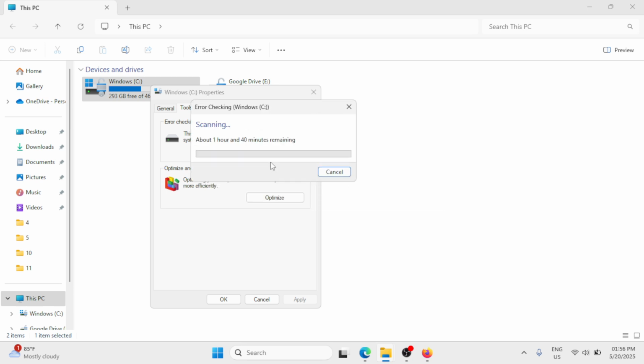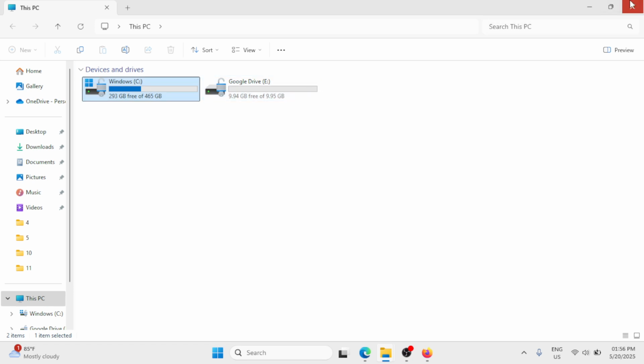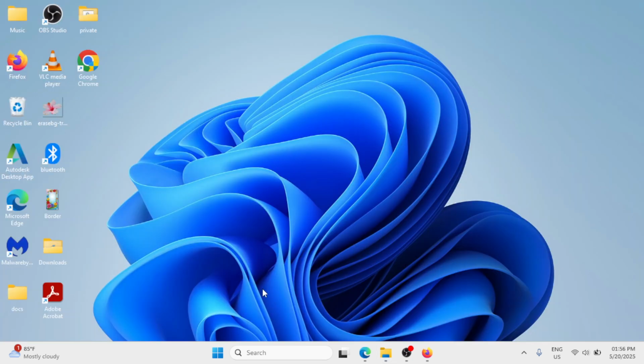So this will scan for any errors on your Windows C drive. You just have to simply wait for the process to be done, and this will let you know about the errors and will also give you suggestions and recommendations to fix the issue. So you just need to wait for this process to be done. Okay, so once that is done, for the next method, we need to make a right click at the start